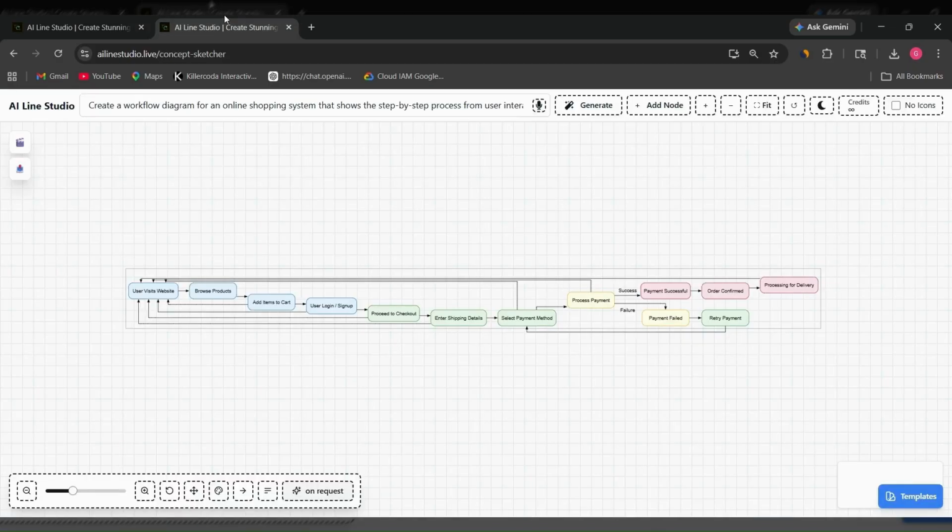So after successfully registering on the platform, the next page you would be redirected to is the workspace page. Over there you need to select the concept sketcher feature, because in AI Line Studio you can generate a workflow diagram using the concept sketcher feature only. I have already generated the diagram for my use case, which is an online shopping system,